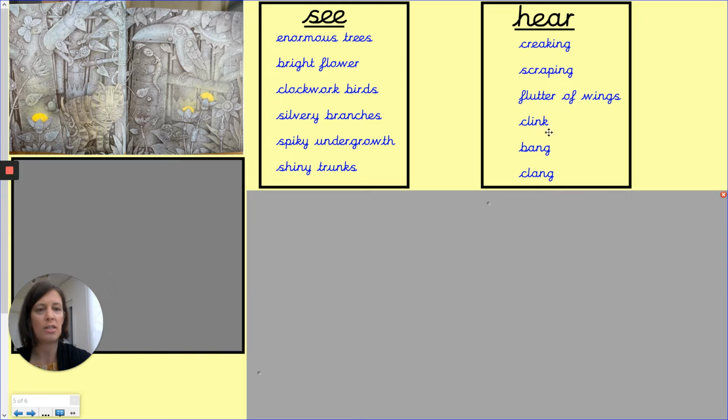And then these were the things that I thought I might hear. So I thought I might hear some creaking, some scraping because it's full of metal. I might hear a flutter of wings. There's butterflies in there and there's birds in there. Clink or a clang or a bang. So you can keep all the words that you've got, or you can add some of mine if you want